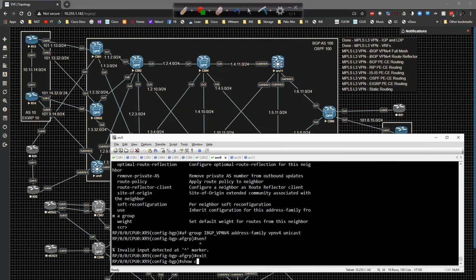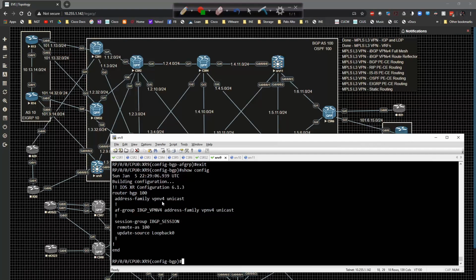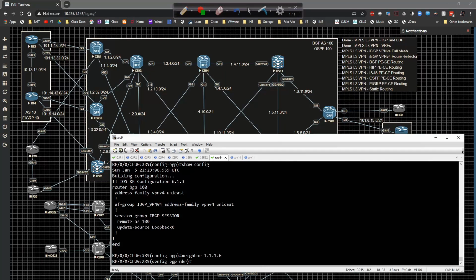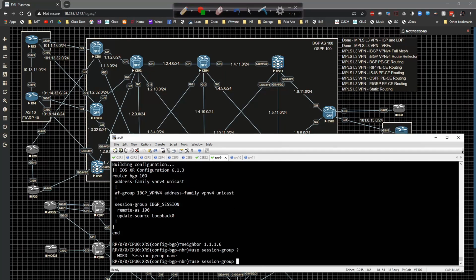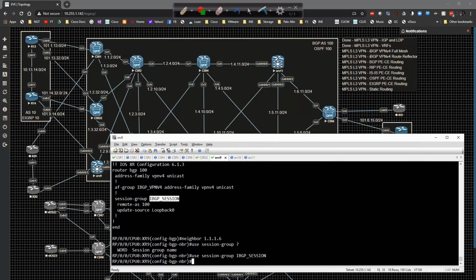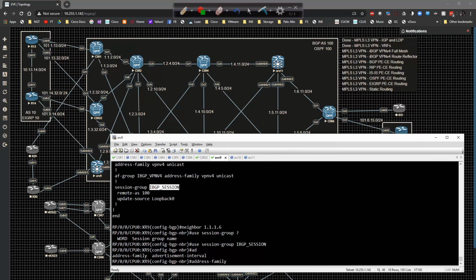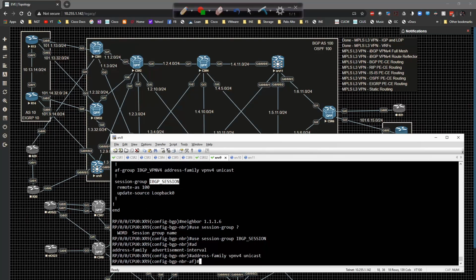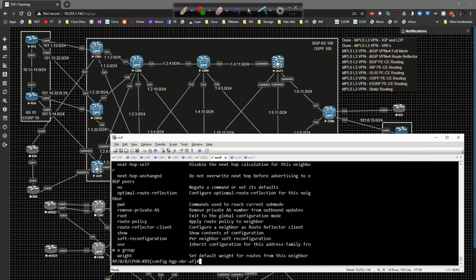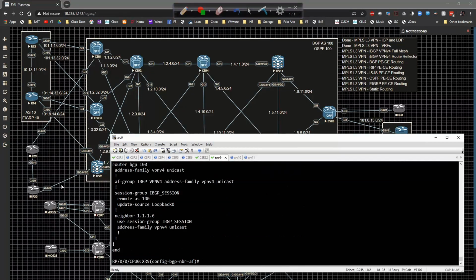So if I look at the show config, I've got a lot added, right? I have the session group applied, so now I get to type in here neighbor of 1.1.1.6. I hit the enter key and I type in use session group, and the session group name is going to be iBGP session, and then I can come underneath here and type in the address family VPNv4 unicast and come underneath here, and then I can specify whatever I need to. If I do the show config now, it's a little bit more complete than it was, and I can go from there. So I'm going to go ahead and commit the config,